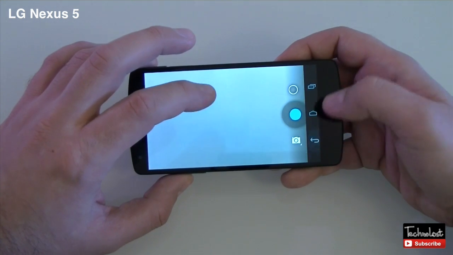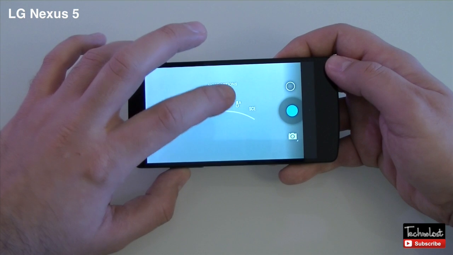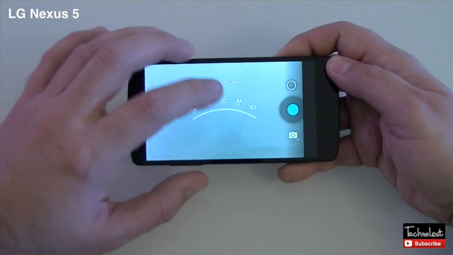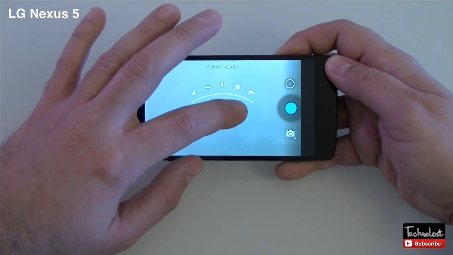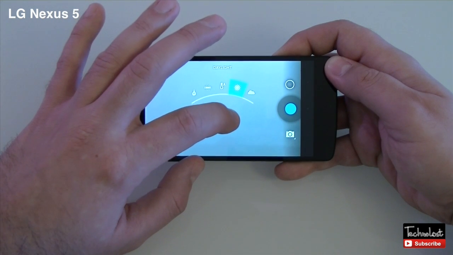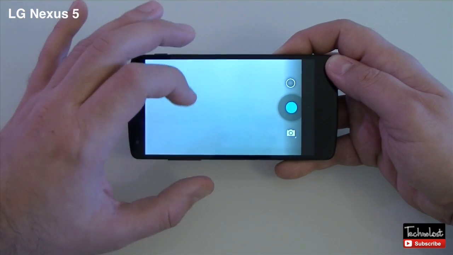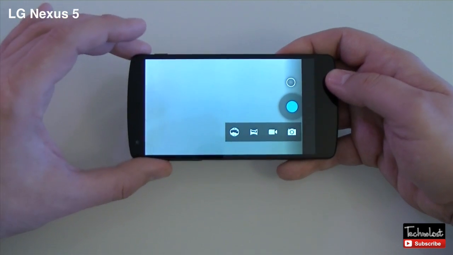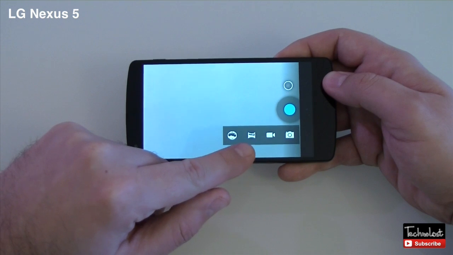You have several sides, flash, of course, and white balance and scene selection. We can easily change and browse between the different settings like this. Going down goes to the previous settings. Pretty simple, okay. Of course, here we can select different kinds of modes: picture taking, video recording, panorama